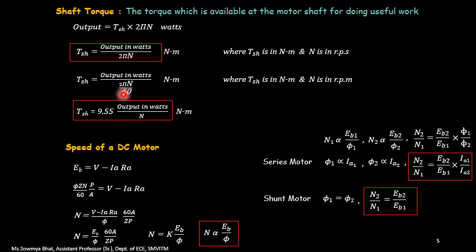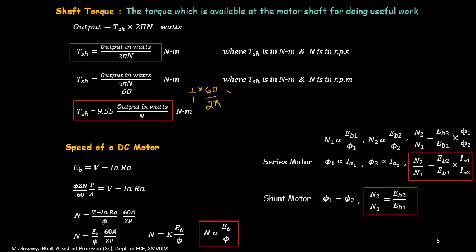So if I just divide the constant terms, once again I will be getting 9.55, that is 1 divided by 2 pi divided by 60, or it is just 60 divided by 2 pi. If I do, it will be 9.55. So I can just show you here the constant terms. So it is 1 divided by 1 into 60 divided by 2 pi